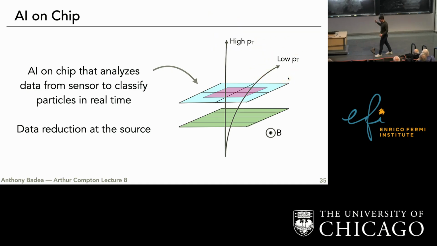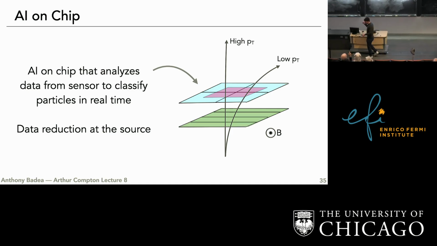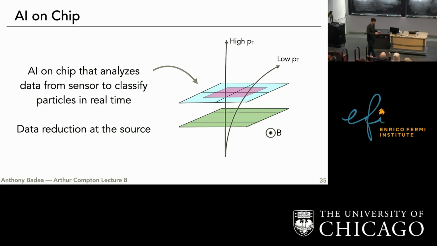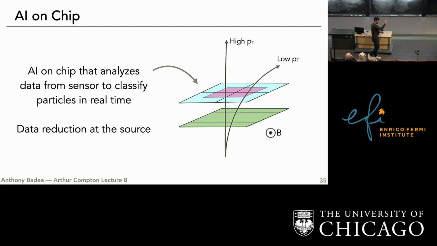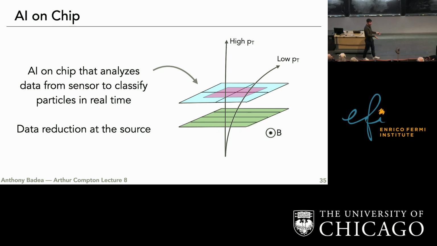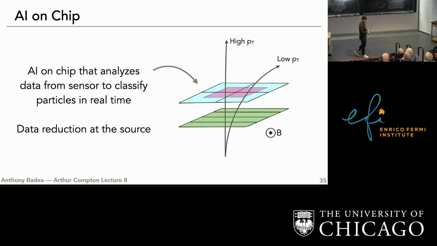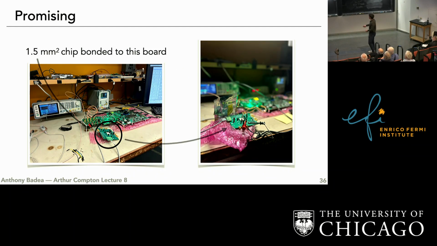And this chip, to reiterate how difficult this is, needs to make these decisions at 40 megahertz, so 40 million per second, and it needs to be extremely radiation hard, meaning that if you put it next to all of these collisions, tons of particles will come flying out, which means that they'll hit the electronics and degrade the electronics over time, and that they can effectively break over time. So really radiation tolerant.